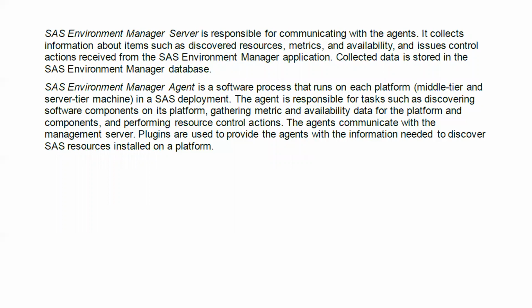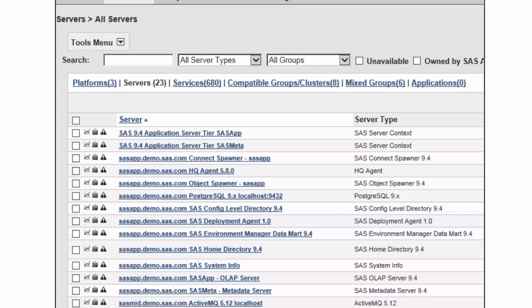Servers you can stop, servers you can restart, you can create a new server. Plugins will be there in the SaaS environment management, and even this SaaS environment manager server is used in grid computing also. This came after SaaS 9.4 M4. This is how the SaaS environment manager looks like.